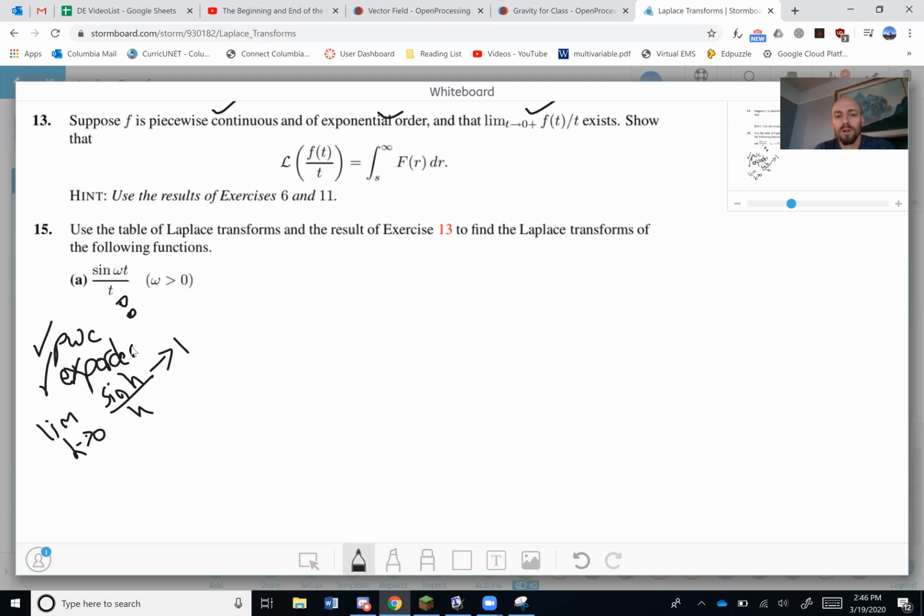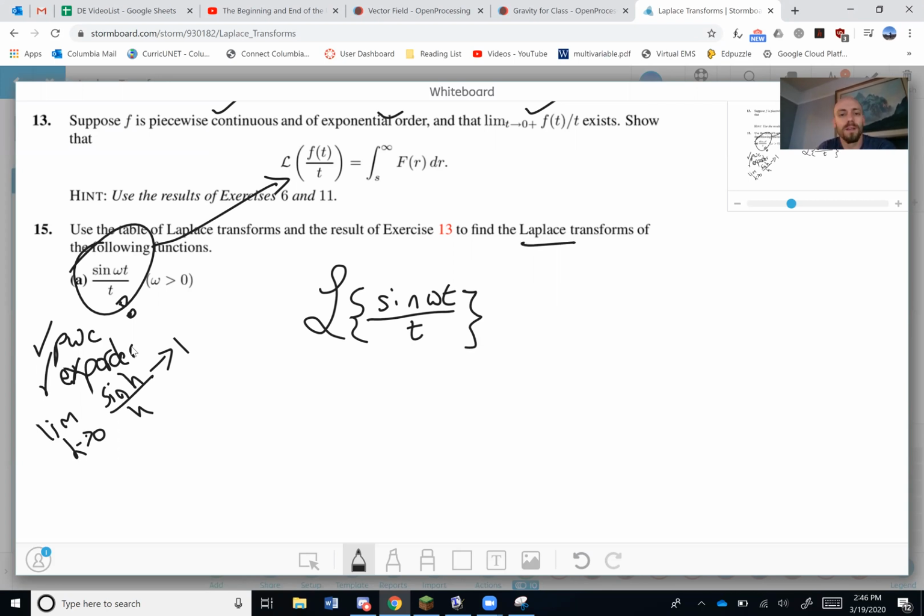And then I need to see if this thing fits into that. So in order to fit this into that, what I'm trying to do is take the Laplace transform of sine of omega t over t, right? That's what the problem told me to do. So if I look at this, this top bit is the f of t in the theorem, and this bottom bit is the t in the theorem. You guys see that? And this is the L. I can't draw their funky L. So what the theorem says is that, taking this, I get the integral from s to infinity of,